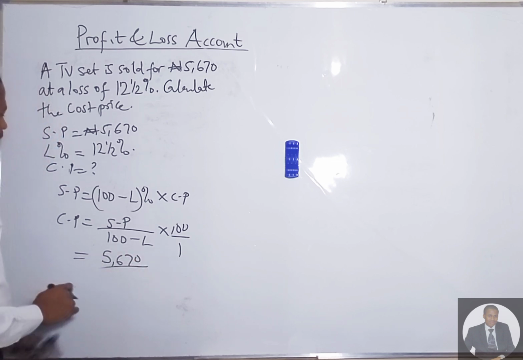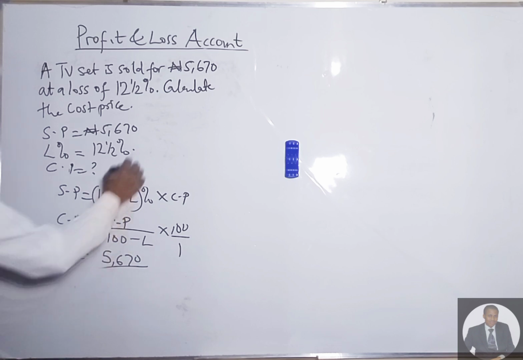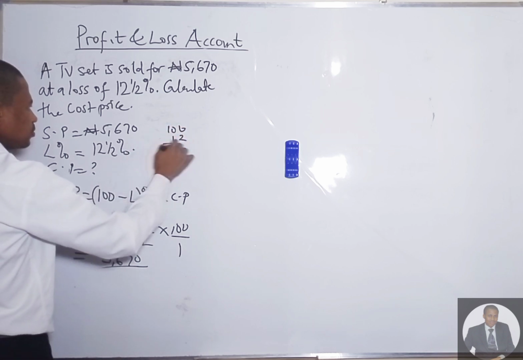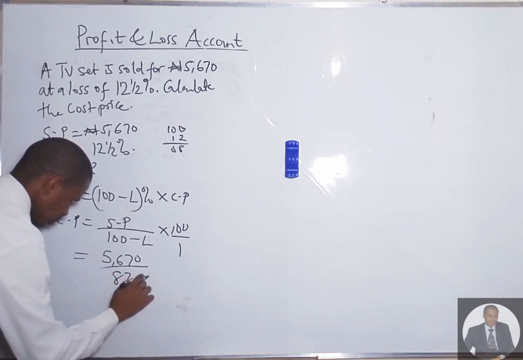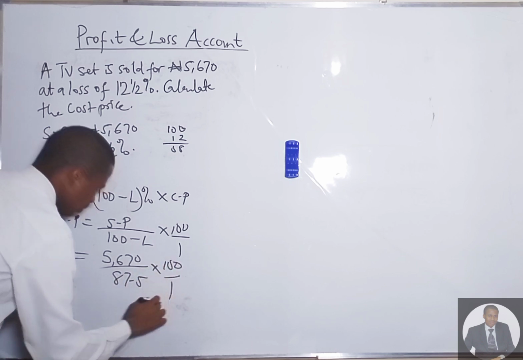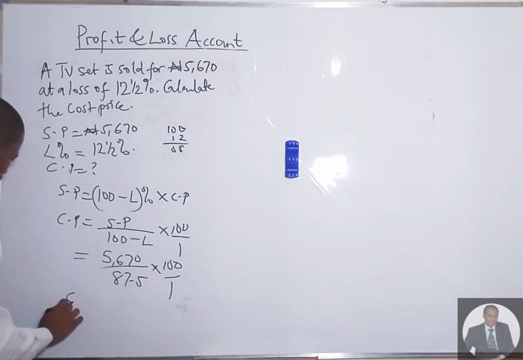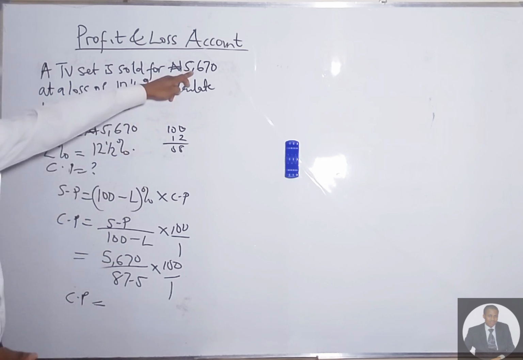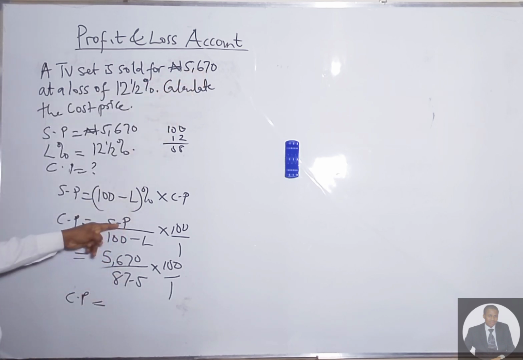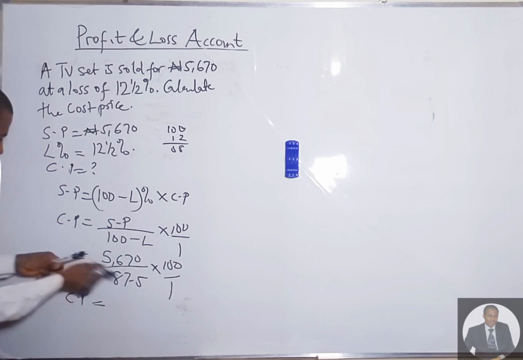567 over what's the loss percent? 12.5. So 100 minus 12.5 will give us 87.5 times 100 over 1. So our cost price will be, the man bought it at 5,670, that's the cost price, over